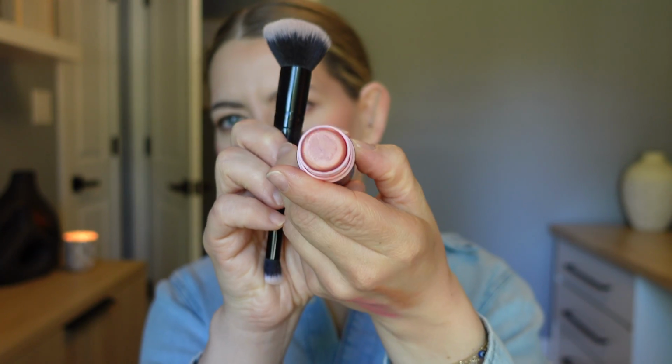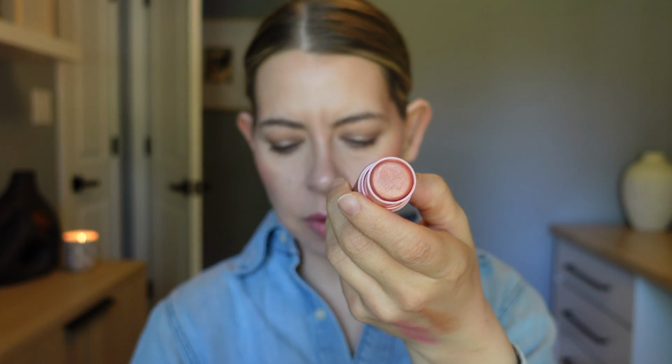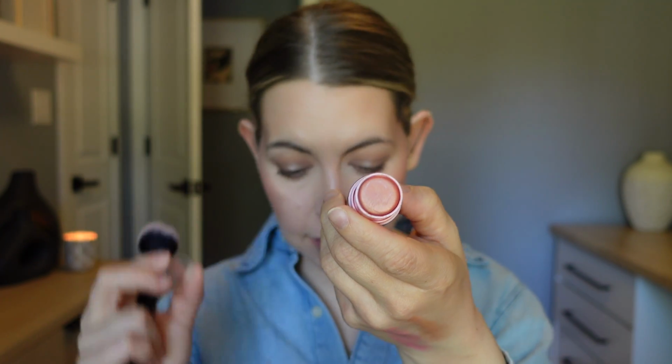So let's go into the blush. I'm going to use this a little bit more as a topper from the Glow Tour duo. I tend to go for more matte shades. You can see here, just from having it open, it's almost sweating a little bit, which is probably why you should keep your cap on. I had that off while it was sitting here for a second, but I'm not usually a huge shimmery blush person. And if you have a lot of texture, be careful with shimmer product. It tends to highlight texture, but I'm just going to go right